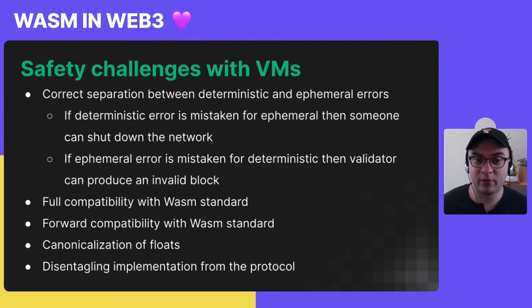If you miscategorize an ephemeral error for a deterministic error, then what might happen is that some nodes might think that they produced a valid block, but it's actually invalid. And if this happens on all, let's say, versions of the same kernel across a subset of the nodes in your network, then you might have a network split, or a bunch of nodes being kicked out, which is also nasty and you don't want it to happen. So it's top of our mind to separate deterministic and ephemeral errors very precisely for the Wasm virtual machines, and it occupies a lot of our time doing it correctly.